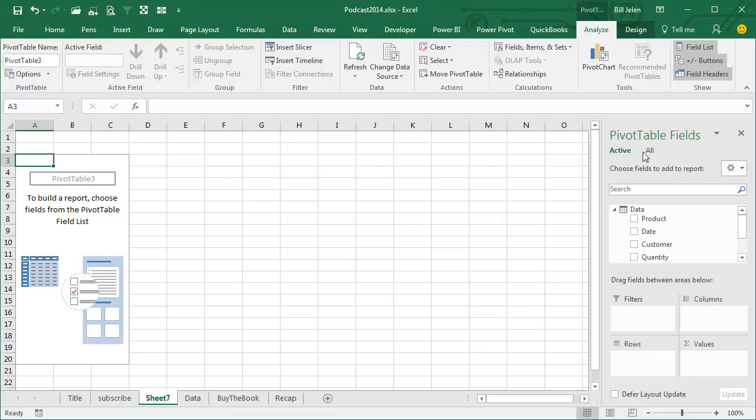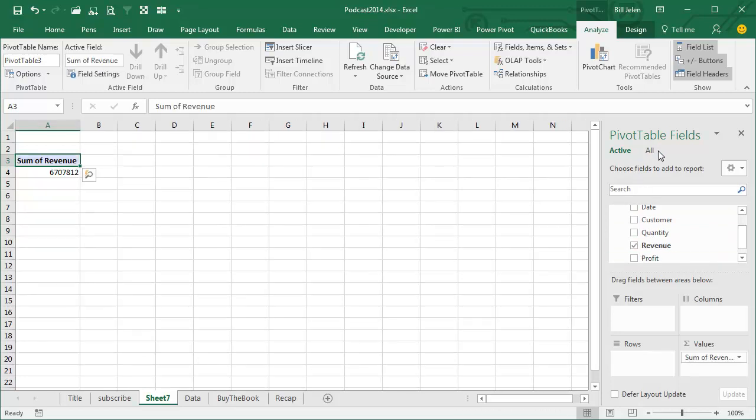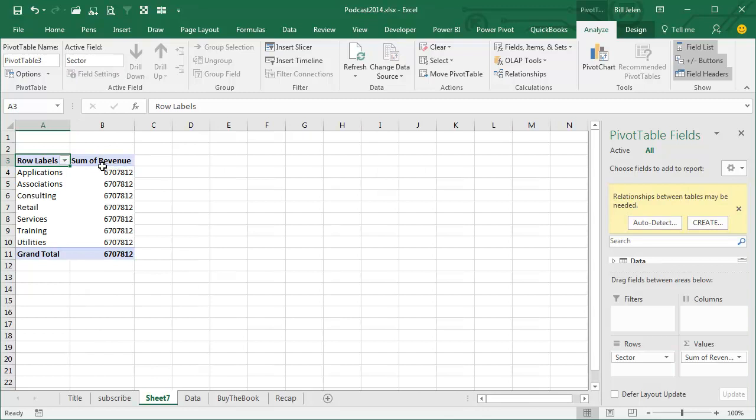And right over here in the pivot table fields, I have a list of all the fields. So I want to show revenue, certainly. But what's different is up here, active and all. When I choose all, I get all of the tables in the workbook. So I go to the sectors, and I say that I want to put sector in the rows area. Now, initially, the report is going to be wrong. See the 6.7 million all the way down, and this yellow warning over here will say that you have to